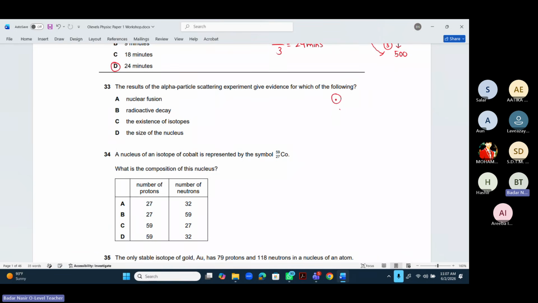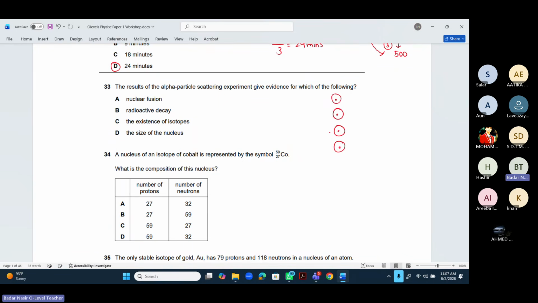So alpha scattering experiment था जिसमें हमारे पास ये atoms थे और जिसमें हम alpha particles bombard करते थे, and we observed that most of the alpha particles were able to pass straight through without being deflected. ठीक है, so ज्यादातर गुजर गए and there were few that were deflected. इससे ये पता चलता है कि एक तो ये कि the size of the nucleus is very small compared to the size of the atom. So first option है